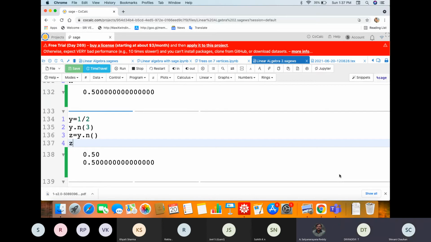Yes, sir. Because why I'm asking this question is when we compute the eigenvalue, it is lengthier, 3.00 something. So if it would be represented like 3 by 20, for seeing and observing some pattern, it would be much helpful, sir.